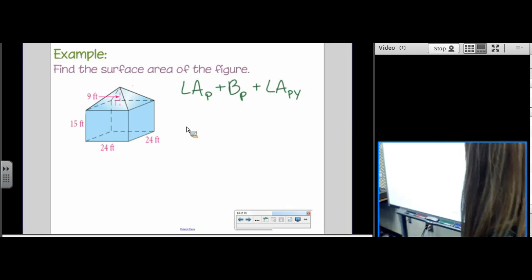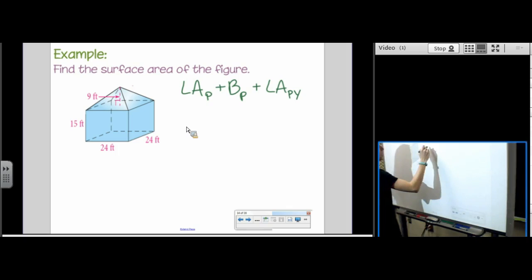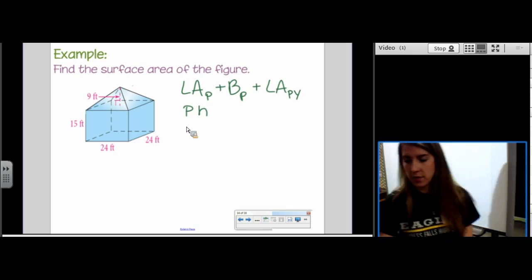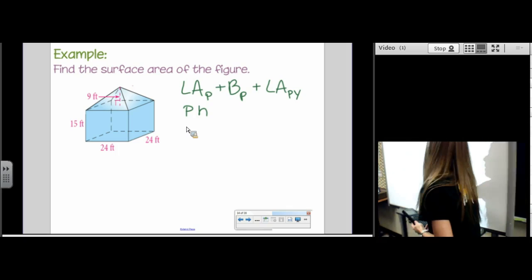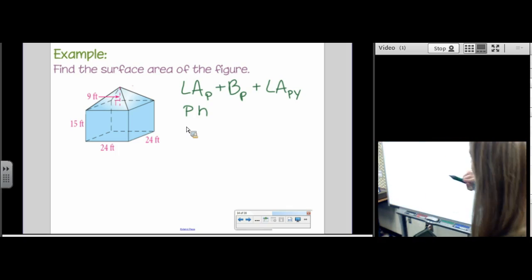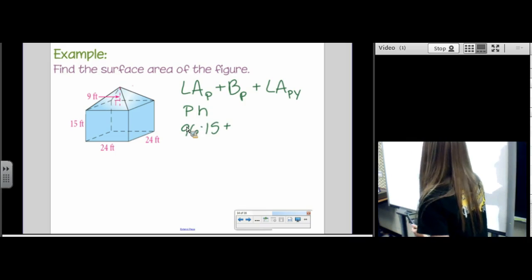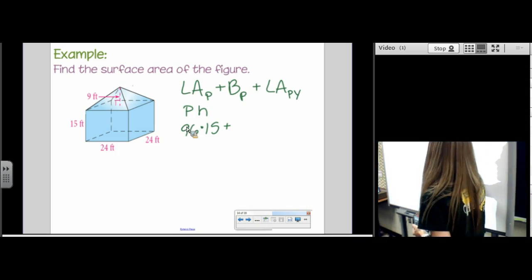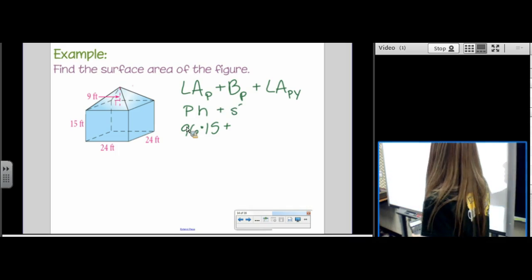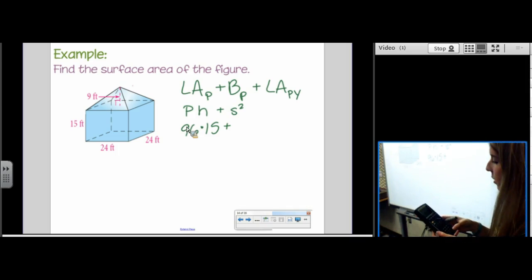So let's start to find them. The LA of the prism. So that is P times H. The perimeter of the prism, 24 times 4, 96. And the height of the prism is 15. Okay, how do you find capital B for the prism? Capital B would be like side squared, right? Because it's a square. So 24 times 24, or 24 squared,